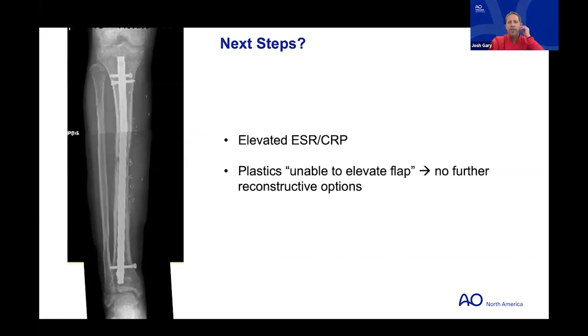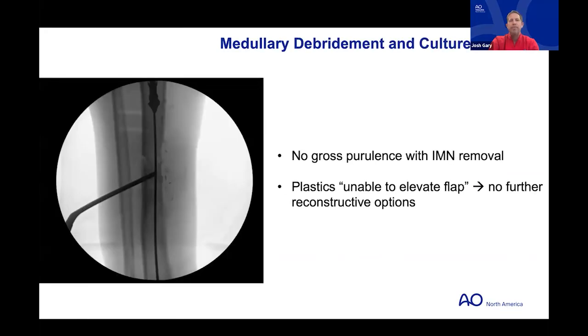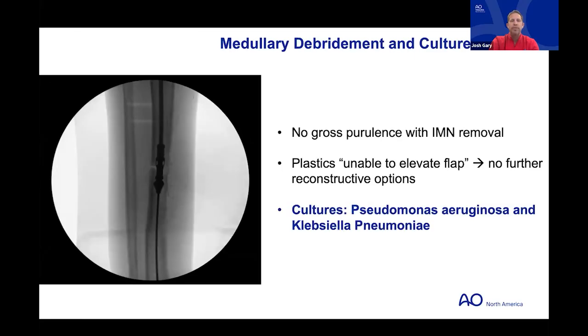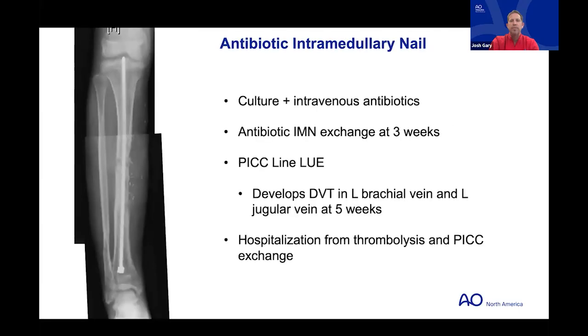Yeah, and in this case, I would have hoped to elevate the flap and debride that site directly and take cultures, but because the flap couldn't be elevated, I went a different path of removing the nail. Trusting my plastic surgeon who I worked with, we did a medullary debridement with a reamer irrigator aspirator. You can see a percutaneous bone biopsy with a pituitary. No gross purulence, but we did use the RIA, and then cultures were positive for multiple organisms, which got treated